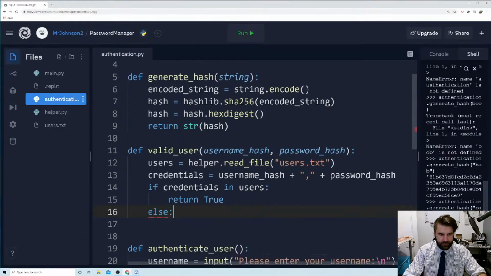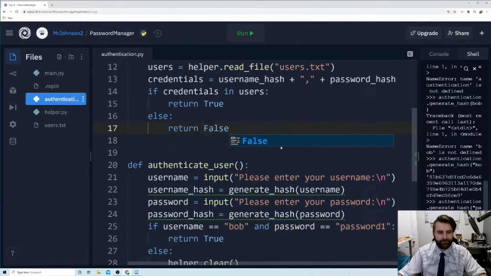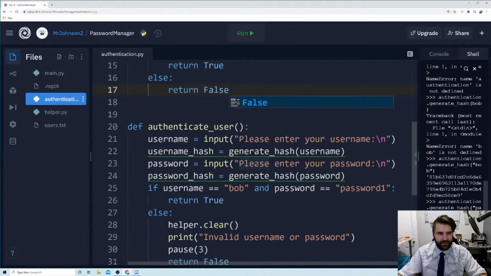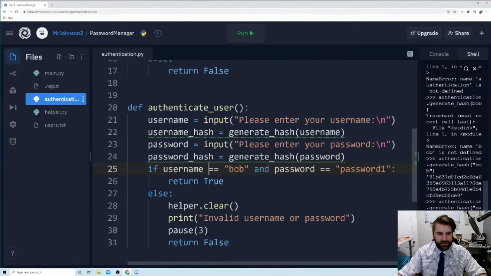Else, going to return false. Okay, lovely. So we are getting the username, we're hashing it. We're getting the password, we're hashing it. And now we are going to say,